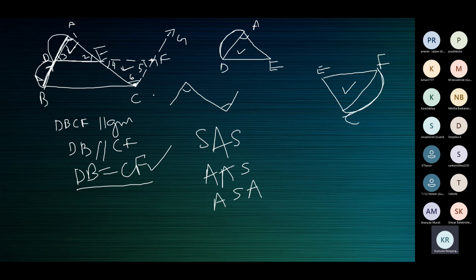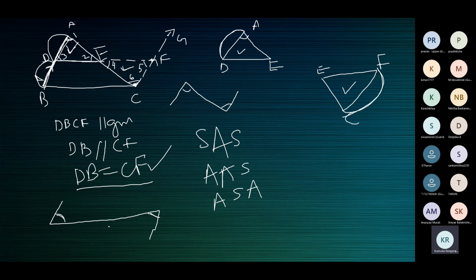Which are the two lines? AD and CF. So see here. This is AD, this is a transversal DF, and this is FC. So here we have angle 3, and here we have angle 5. Angle 3 is equal to angle 5 if AD is parallel to CF. And yes, AD is parallel to CF by construction. So angle 3 is equal to angle 5.